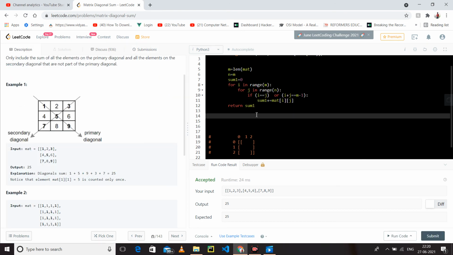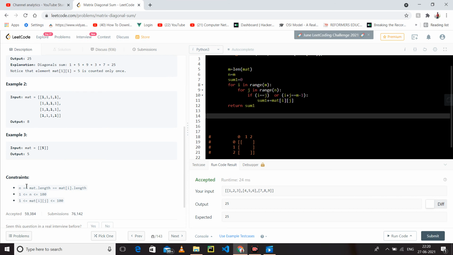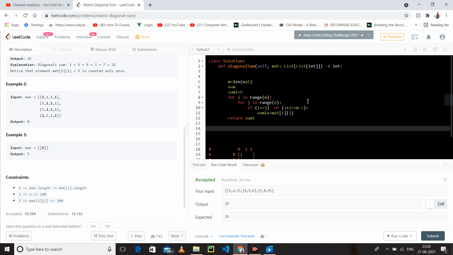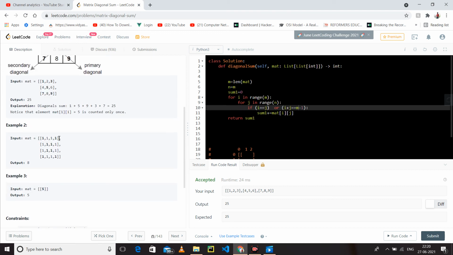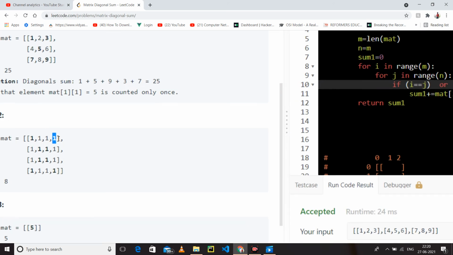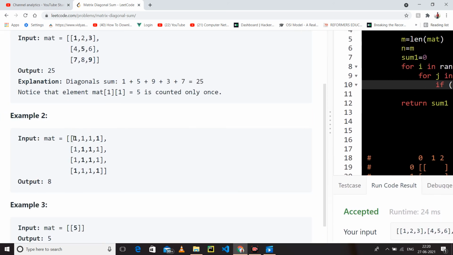Okay guys, so I hope you understand why the condition is given that n is equal to m, and why I have taken m minus 1. In this case, this is the 0 row, and if you add this diagonal, this is 0 row and this is 3, so 0 plus 3 is 3. And if you traverse this diagonal in this direction, this is the 1 row and this is the second column, so 2 plus 1 is also 3.